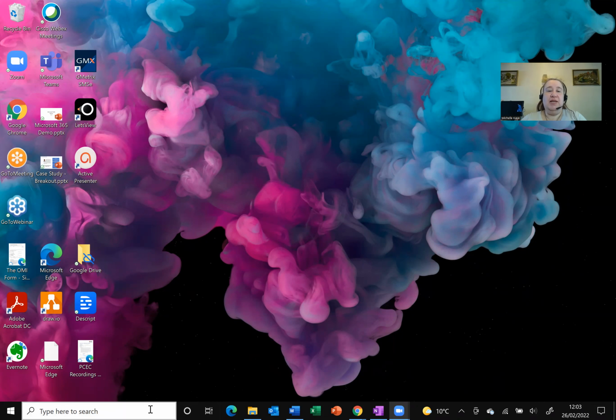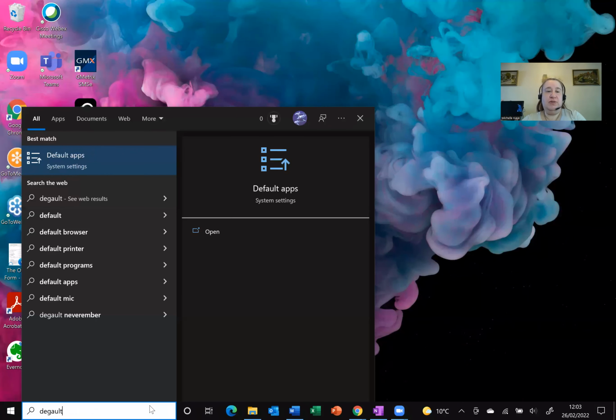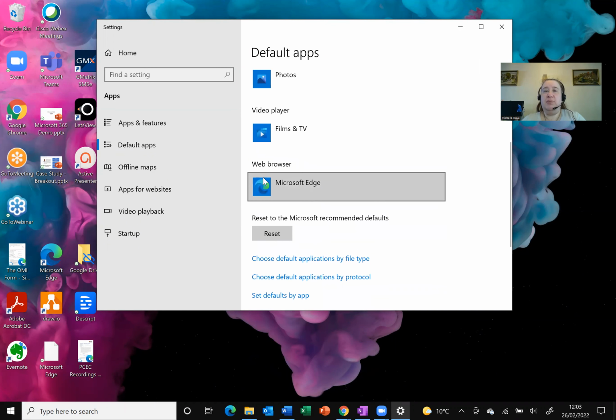Easiest way is to click in the search, and you're simply going to type for default apps, or you can misspell it, but as long as you choose default apps on the system settings. This takes you straight in, and what we're going to do is simply scroll down until we get to the bottom option where it says web browser. You can see at the moment mine's set to Edge, but let's say I want to switch to Google Chrome